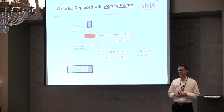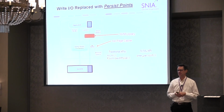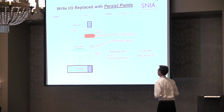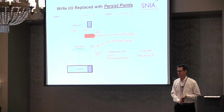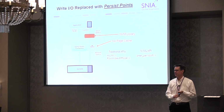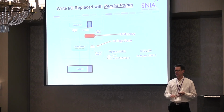But from an application level, it's the point where the application has done something significant to make an incremental change to its persistent data set. So that's the logical place where a middleware layer might want to intercept that call to do something like snapshot the data, check for data deduplication, kick off a replication somewhere else, or tiering back to the capacity layer, or some of the functionality that today is done by hooking that call chain in